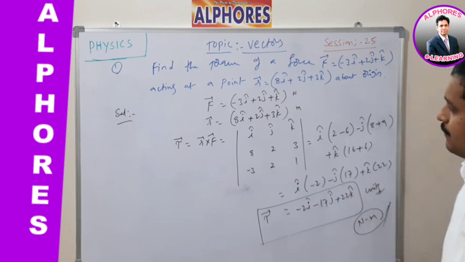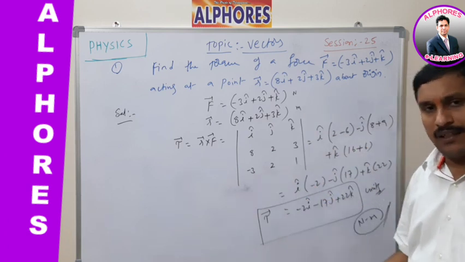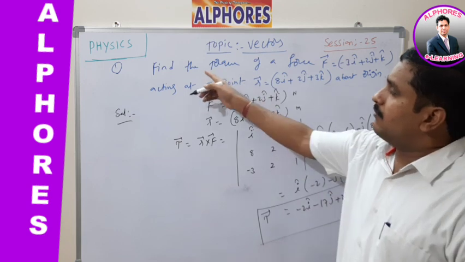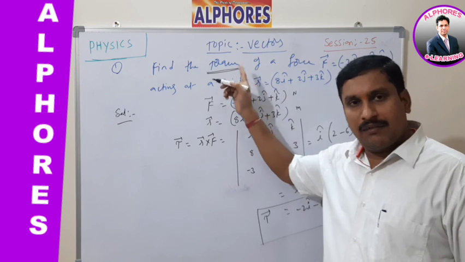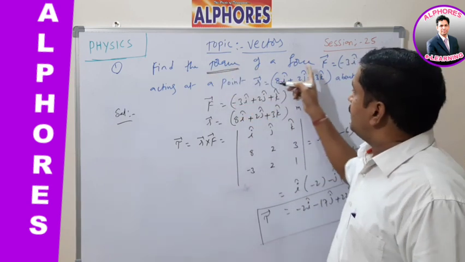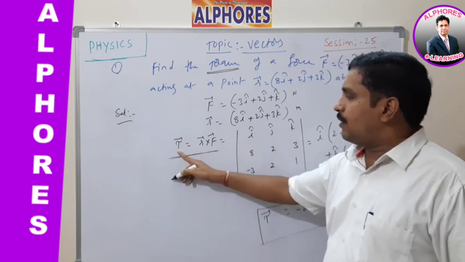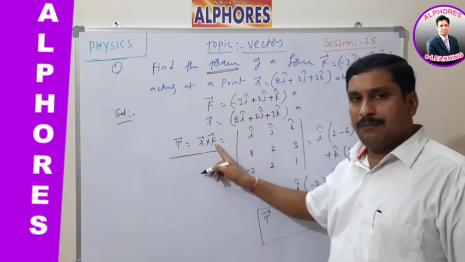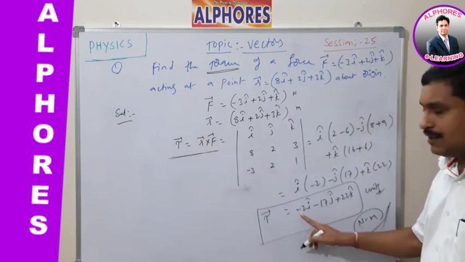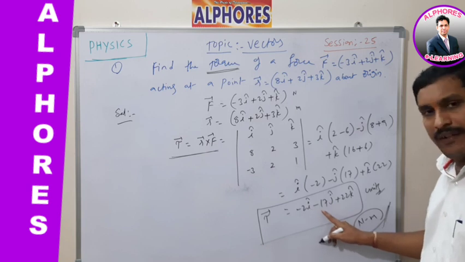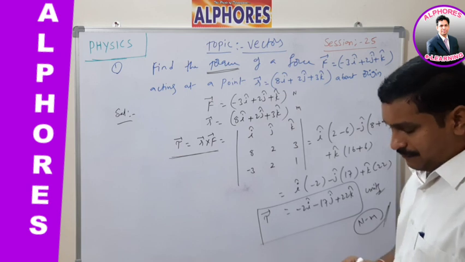So this is the method to find the cross product of these two vectors. Here I have found the physical quantity torque. Torque is a vector. Taking the force and position vectors, we know the formula is R bar cross F bar. By taking the cross product of these two vectors, we got the vector minus 2I cap minus 17J cap plus 22K cap units. So this is the problem solving method for torque.